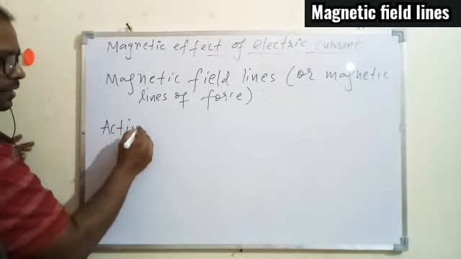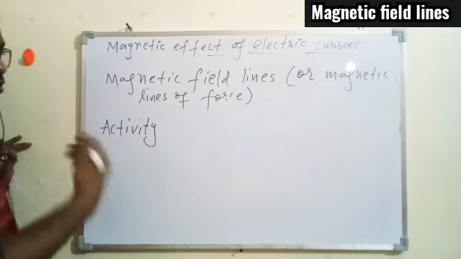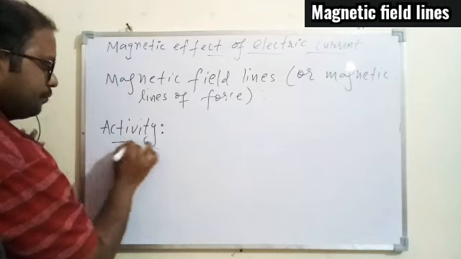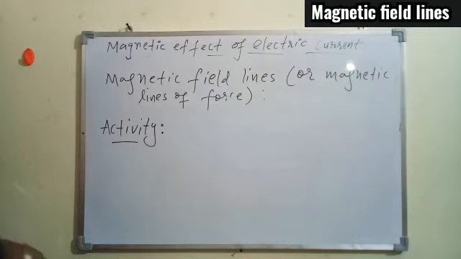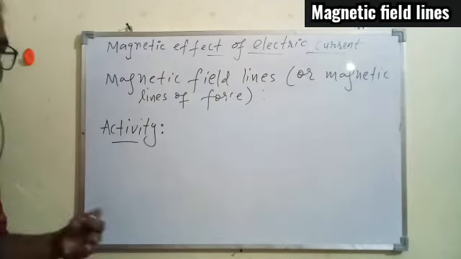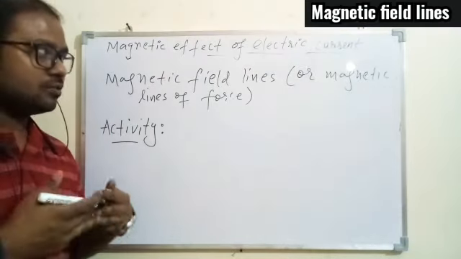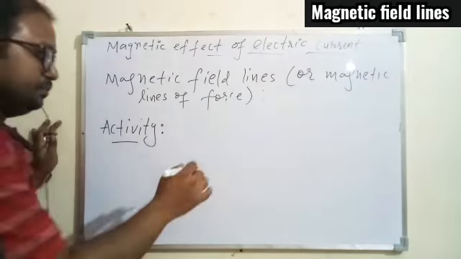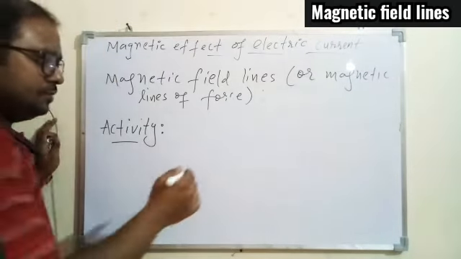So in general, to get a proper definition of the magnetic field lines and to see the magnetic field line, we can have one activity. So I cannot demonstrate the activity here because I don't have the materials with me, but you can try at home, and if possible, if I get the material, I'll try to do the activity, I'll make the video and show to you as well. So let's understand the activity here.